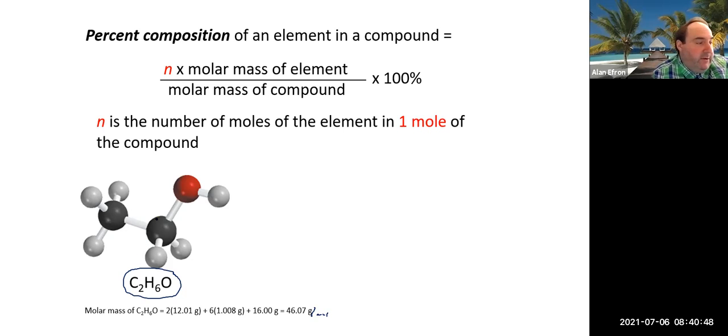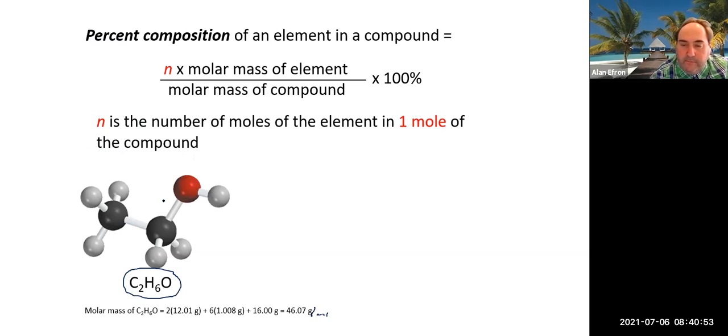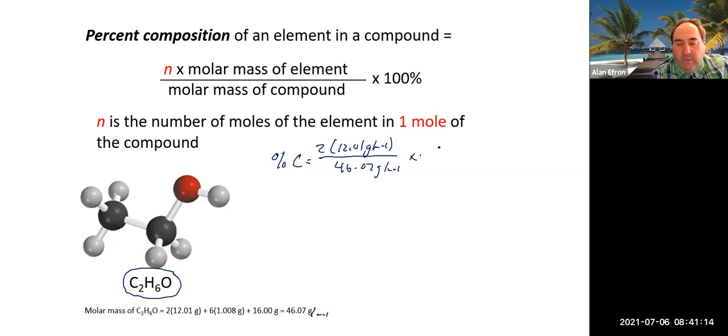So we see from the formula there are 2 carbons. We would take the percentage of carbon as 2 times 12.01 grams per mole divided by the mass of the entire thing, which is 46.07 grams per mole, times 100%. In this case, we would end up with 12.01 times 2 divided by 46.07, times 100. We'll end up with about 52.14%